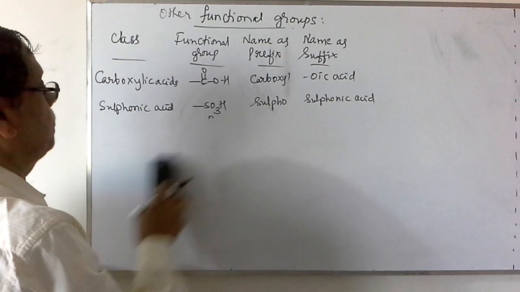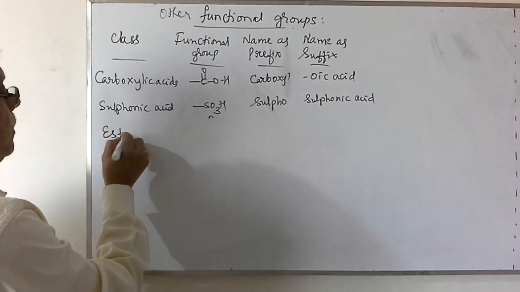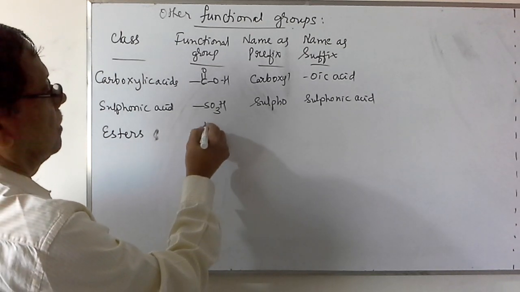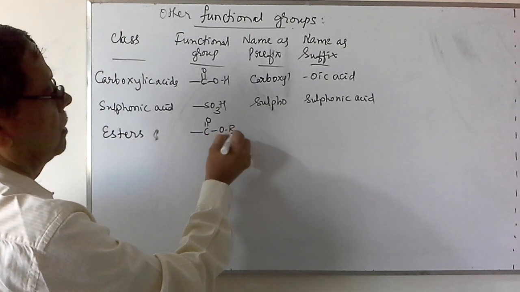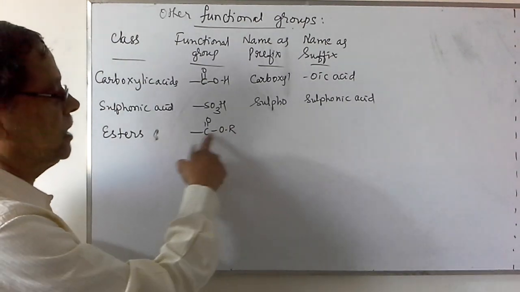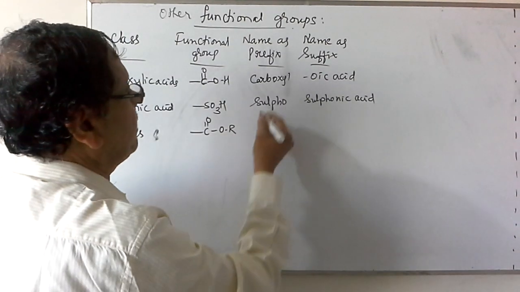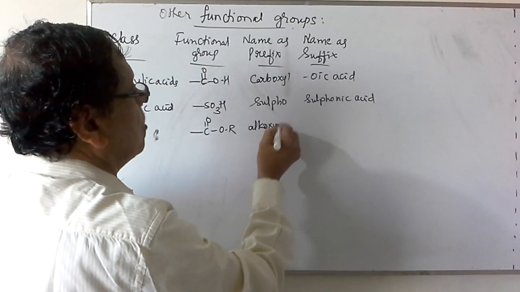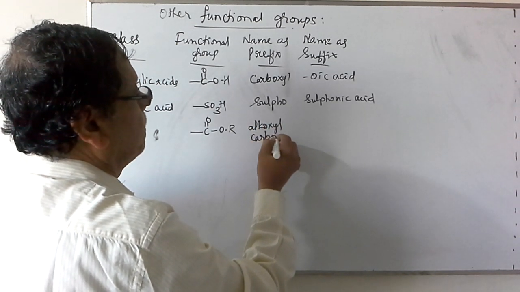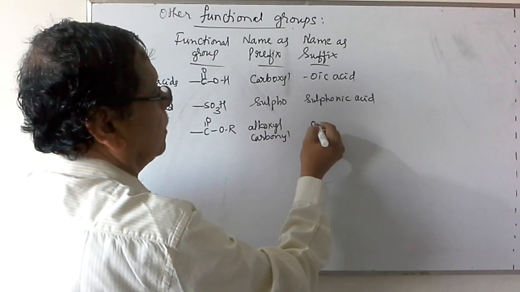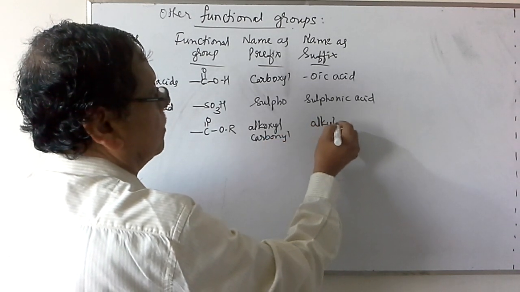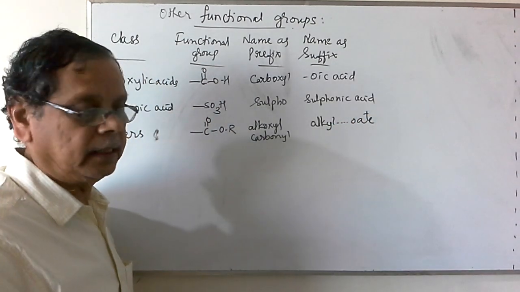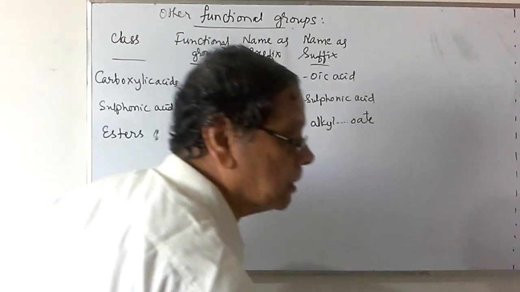The next group of compound is esters. In the preferential order, esters. These are carrying the functional group COOR, where R is an alkyl group attached to this carboxylic group. This is named as alkoxycarbonyl as a prefix. Alkyl alkanoate, that is actually the nomenclature.